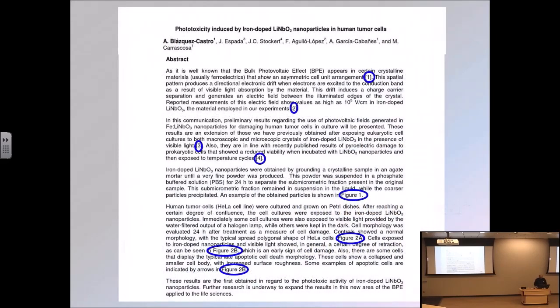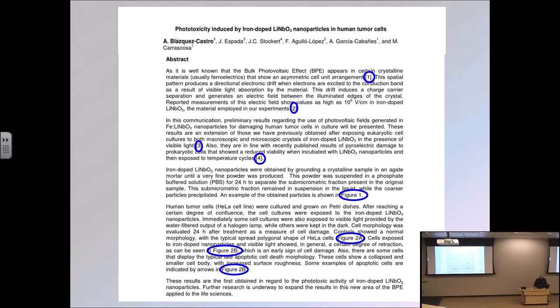If we go back to this abstract again, you'll notice that they have 1, 2, 3, 4. That's referring to references. When this is a standalone abstract, the references won't go with it. So what's 1, 2, 3, and 4? We don't know. It's a reference somewhere, right? But the reference section of the paper doesn't go with the abstract when the abstract is standalone.